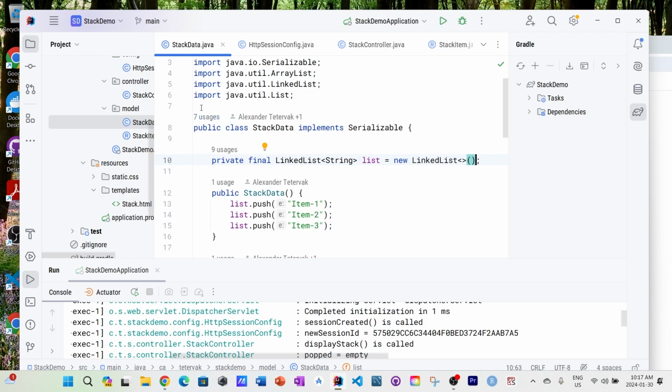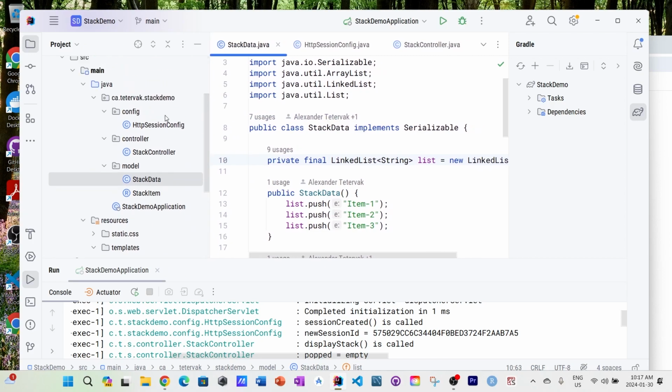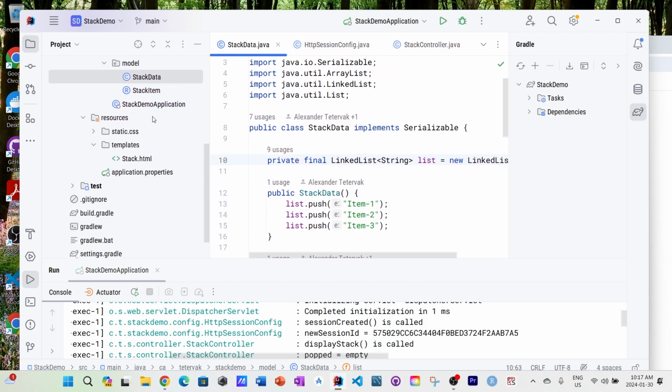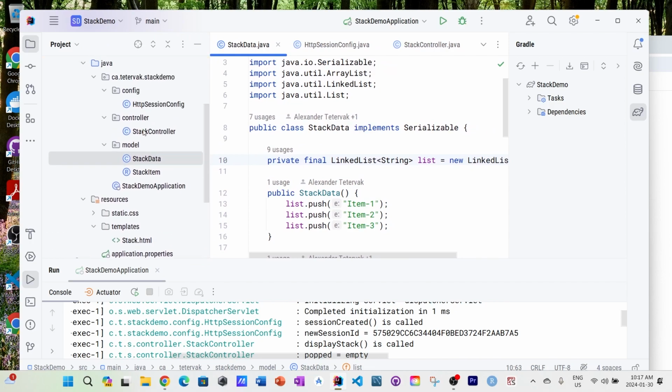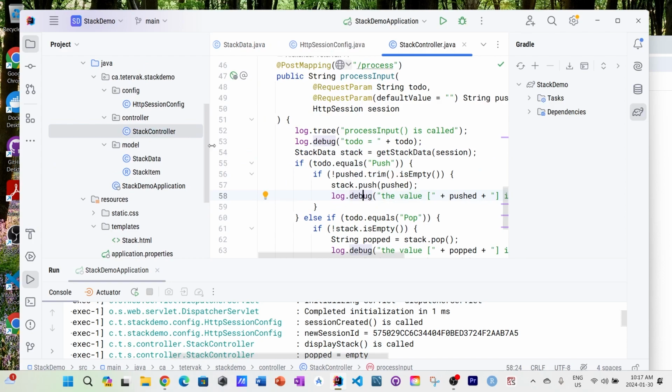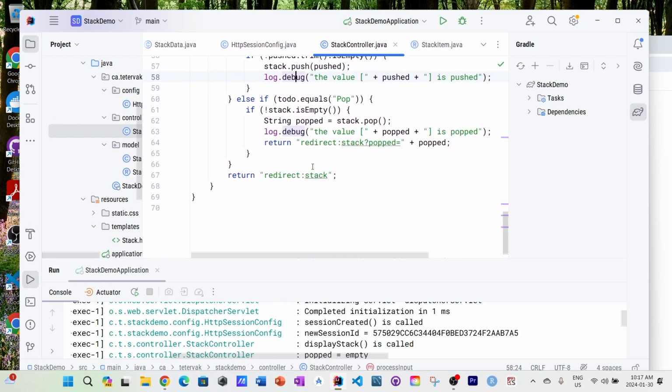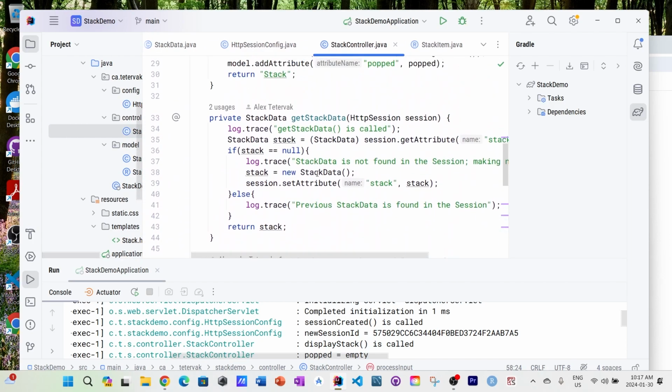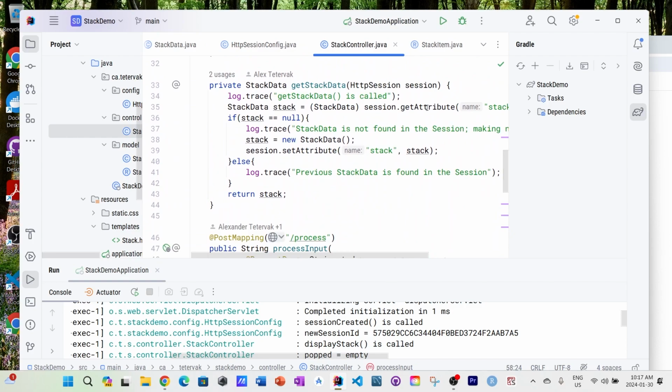There is no annotation on top of stack data because in my controller, when I ask it for get stack data, and if it is null, I'm calling the constructor myself and adding to